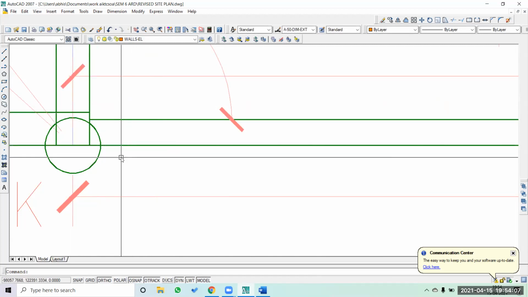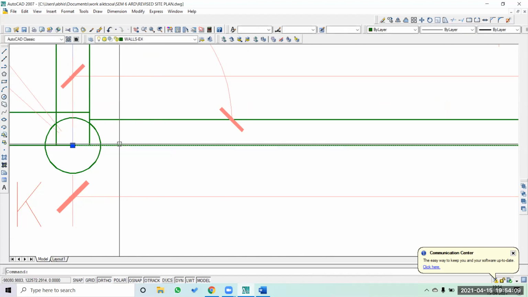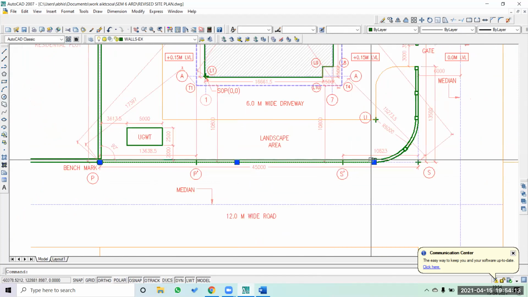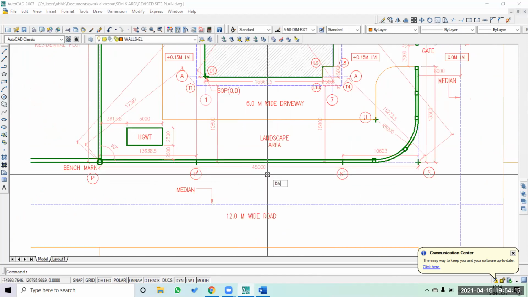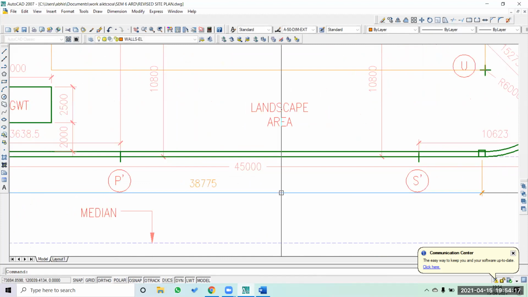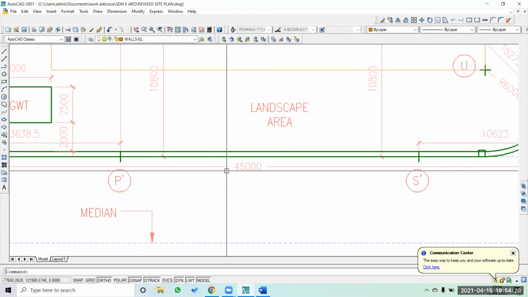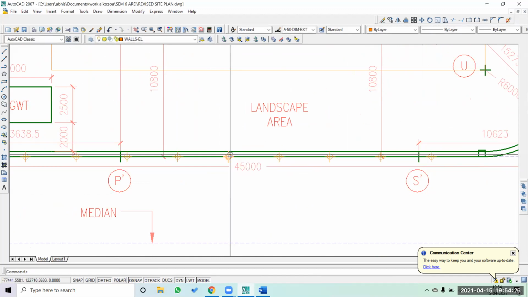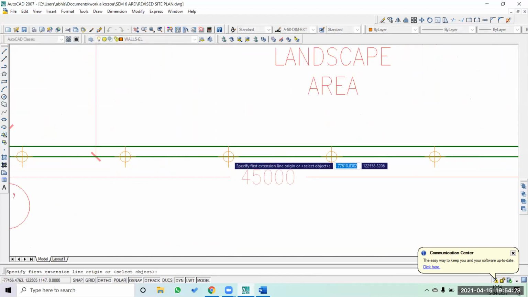Now this particular line, which is here, I'll check for the equal distribution. The line which is here right now is roughly 38, so I have to divide this line into around 11 divisions.